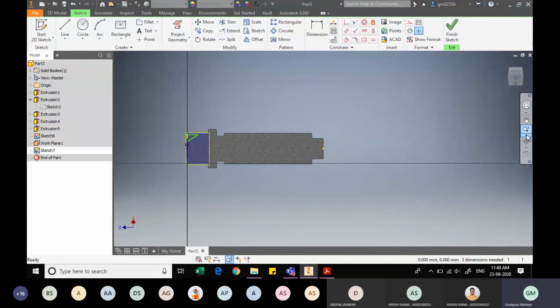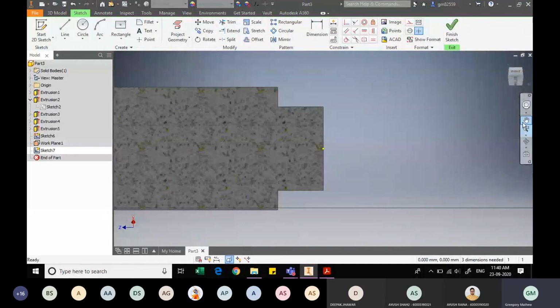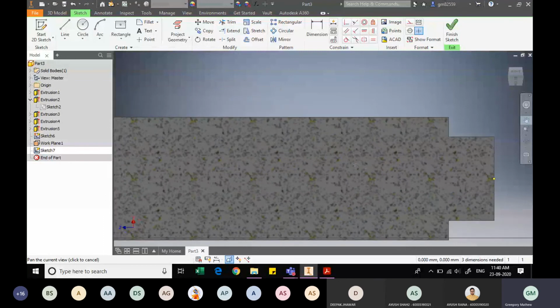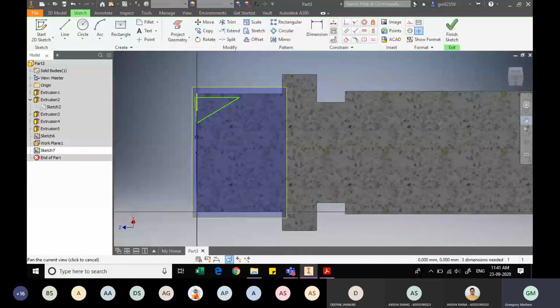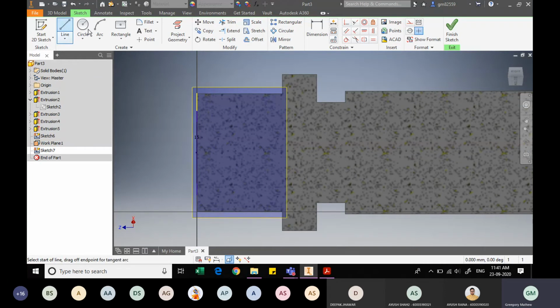Now we will go to give the specific dimensions. So let me zoom in. The triangle is not properly placed, so I will redo my triangle once again. I will just delete this, I will delete this line also, and we will start once again.